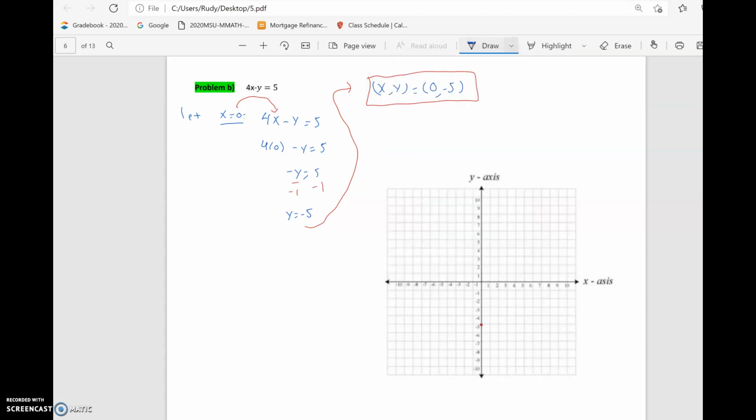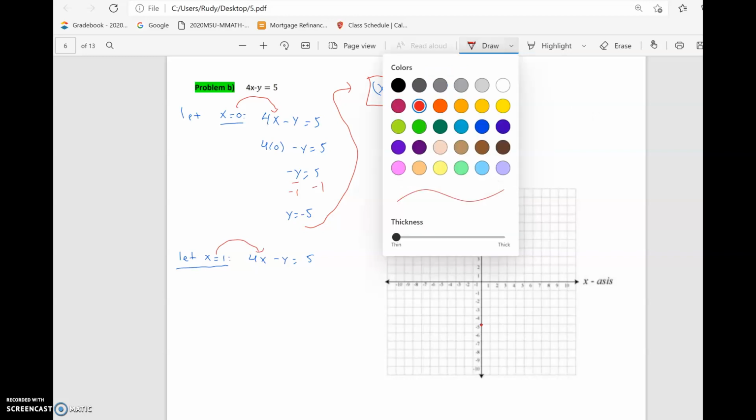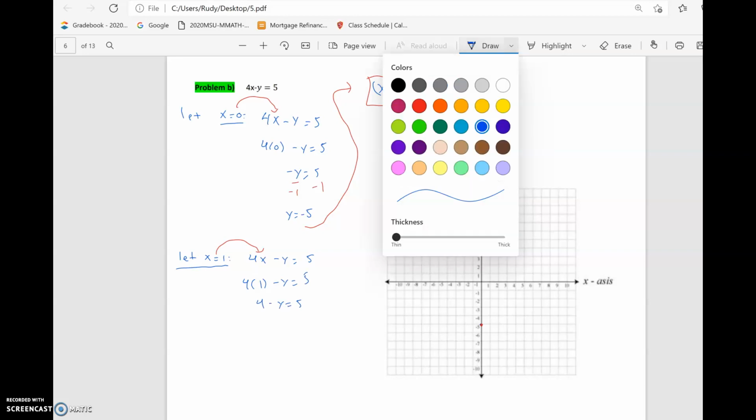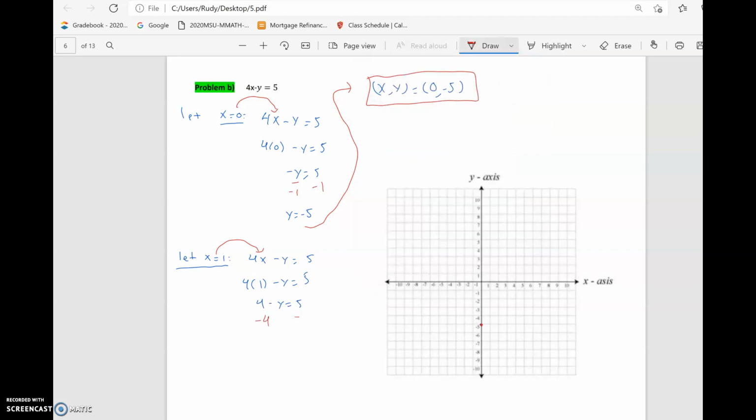For the second one, let me actually use 1. So let x is equal to 1. We're picking coordinate points that are close to the origin, but we also don't want to pick coordinate points that may create fractions. So in this case, we have 4x minus y is equal to 5. And plugging in the 1, we're going to end up with 4 times 1 minus y is equal to 5, or 4 minus y is equal to 5. Let me subtract the 4's,